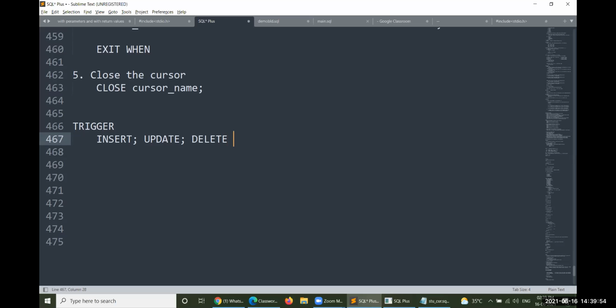Triggers are very important in databases. Using triggers, without user intervention, a certain number of statements are going to execute automatically. Without the user or application doing it again and again, it gets executed automatically. So that is the importance of this trigger. Basically, the definition of trigger is very tedious, so we need to know what is the importance of this trigger.